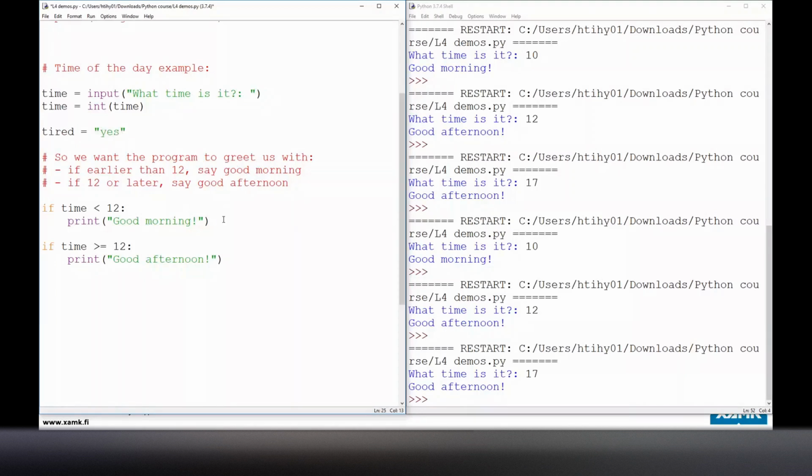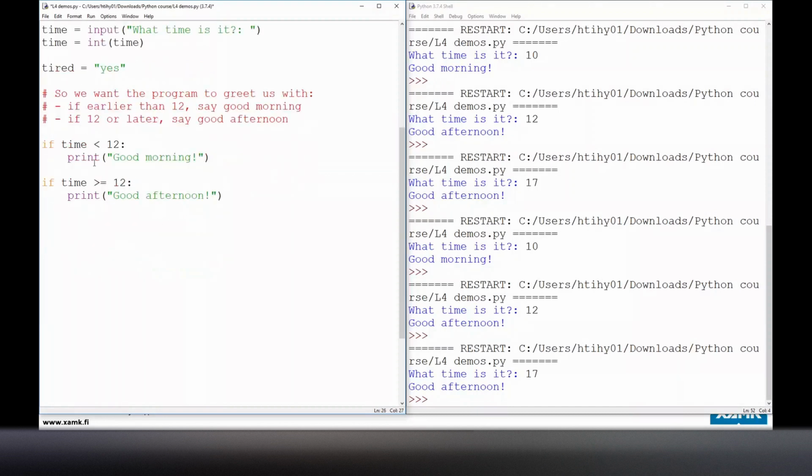So we're gonna do a little bit of extra logic inside this time example. So if the time is earlier than 12, we're gonna do this greeting at first, and then we follow with some more logic. So we're gonna do another check for a condition. So if the time is earlier than 12, meaning it's morning, and if we are tired for some reason, maybe we have stayed up all night, then something else happens